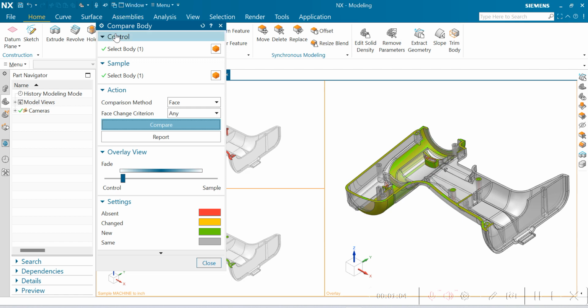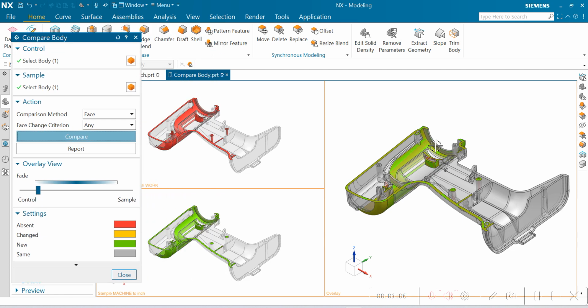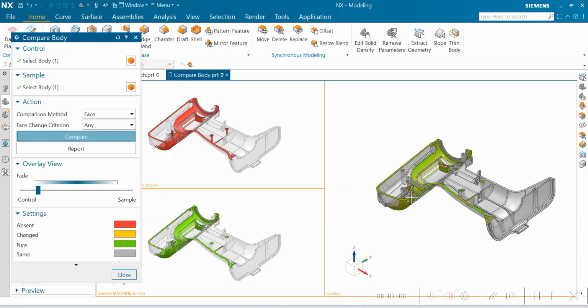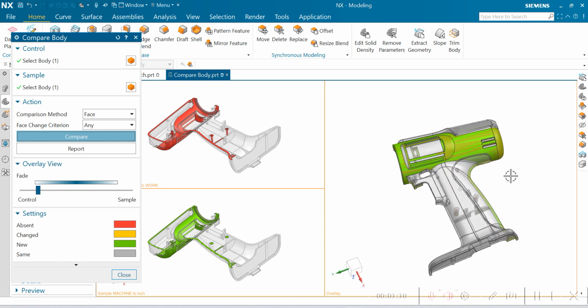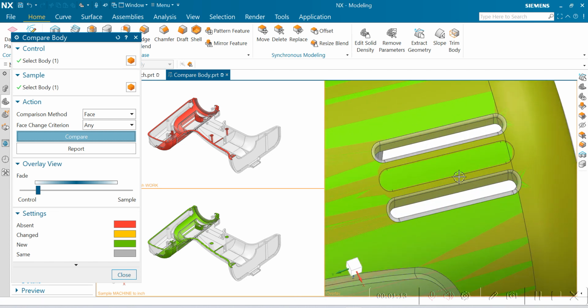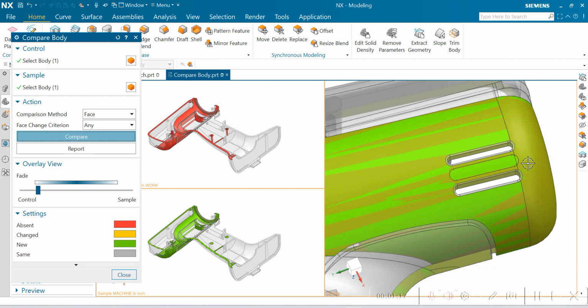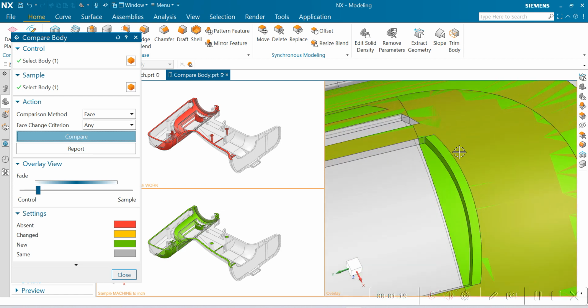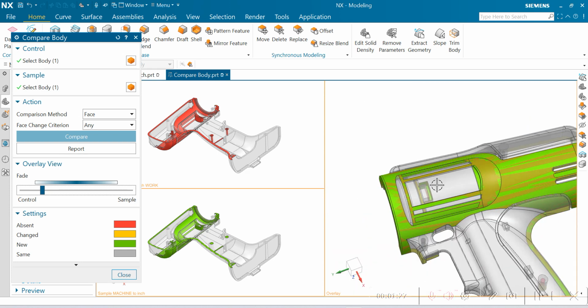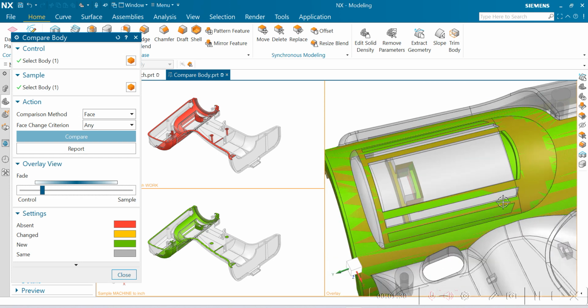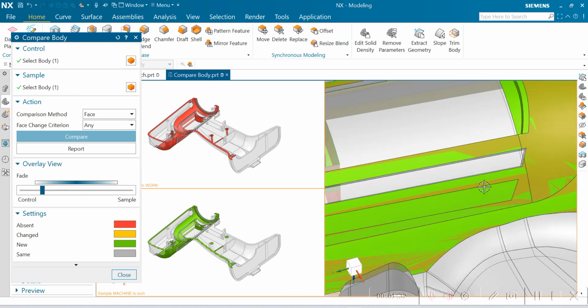After clicking on compare, we can easily see the differences between these two bodies. So here some changes are easily visible, then some changes are here. If you change the sample and control, here the control, here the sample, here some changes are there,